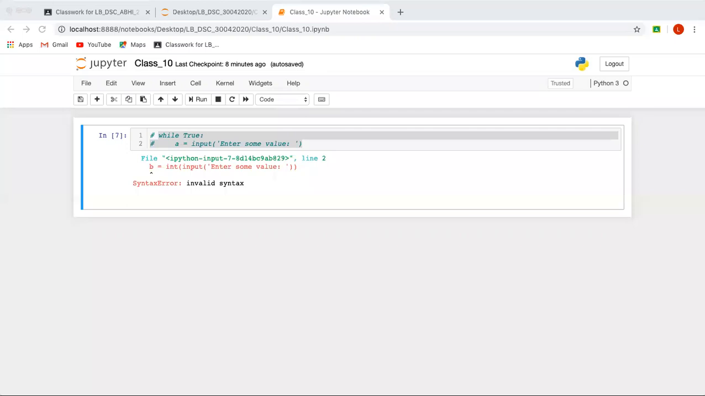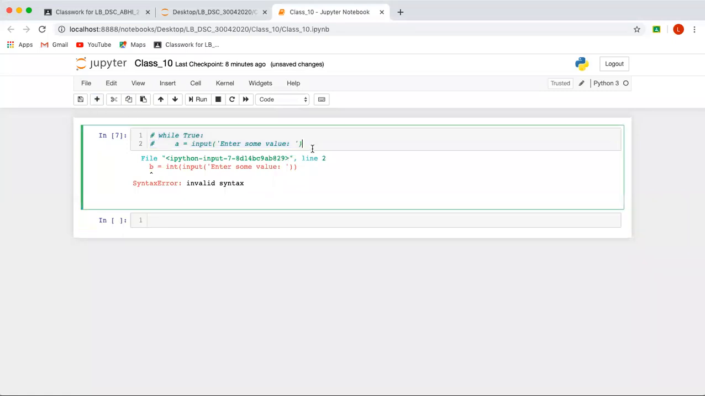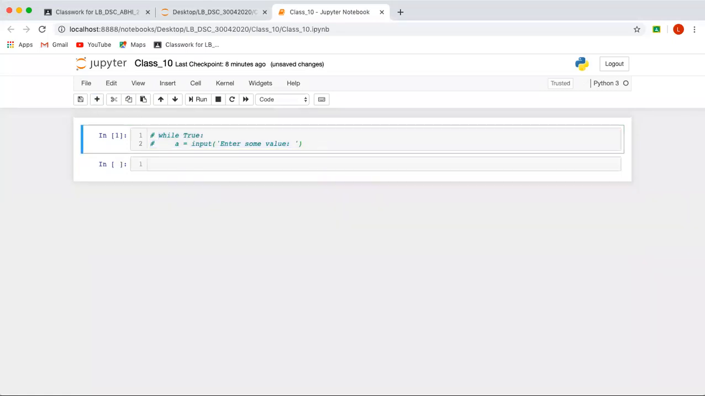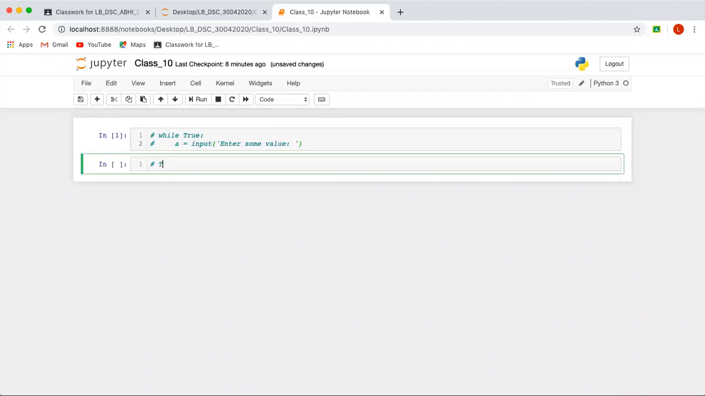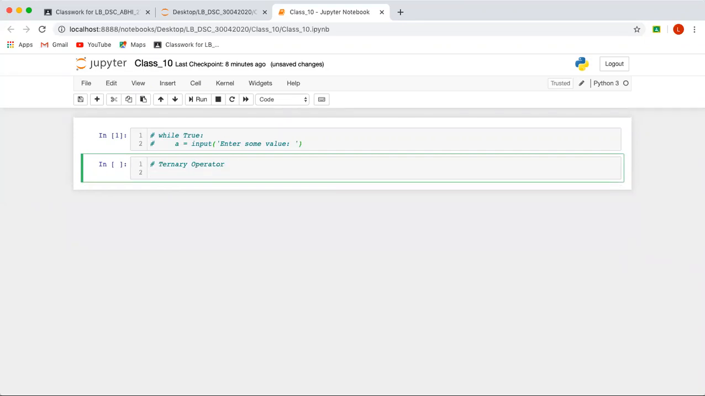So, ternary operator. What is ternary operator? Ternary operator is a combination of if else in a single statement. If something is true, then execute this, otherwise execute that. That's what we do in the if else part, right? So, let's say if you want to write,